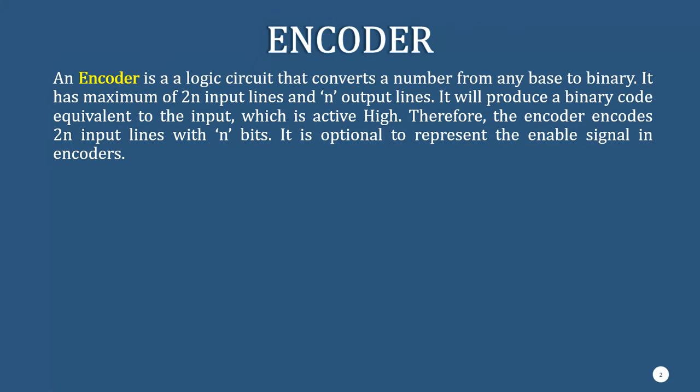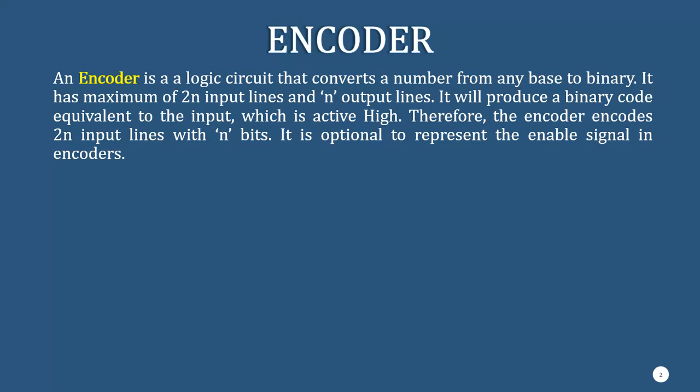An encoder is a logic circuit. Logic circuit means there is a logic and a circuit, you can draw the circuit. You have heard of the AND gates and various gates. With the help of gates we can draw the logic circuit. And what does an encoder do? An encoder is a logic circuit that